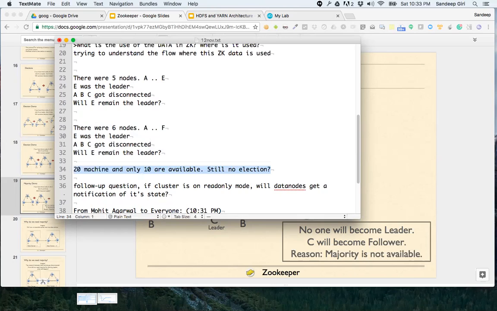Why this kind of majority model? What exactly is that pressing need of having majority? That if majority is not available, the whole cluster cannot accept any changes anymore. Yes. So my first concern is why 10 machines are unavailable. But if you think about a system admin, look at the cluster and say, my 10 machines are still available. It should just function and cater to the users, right?